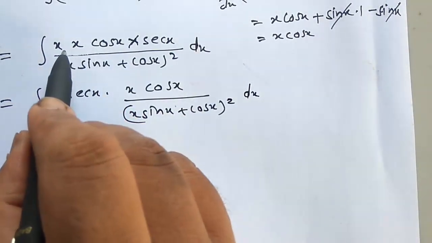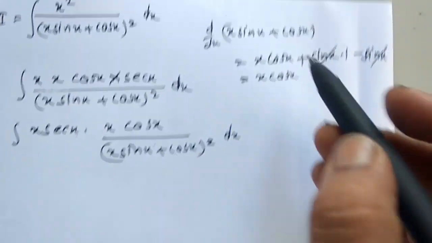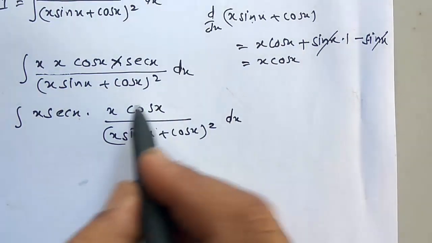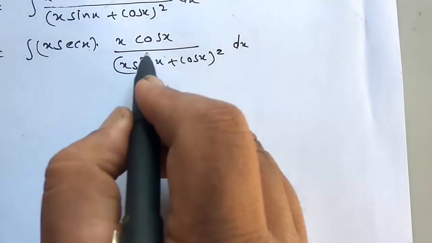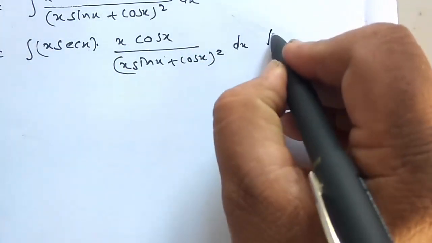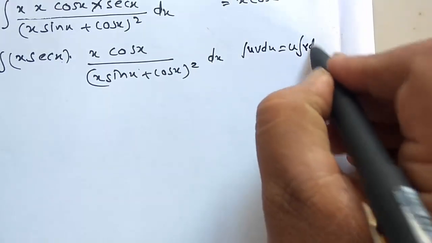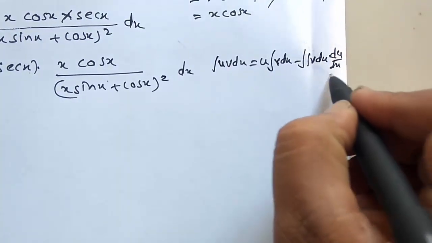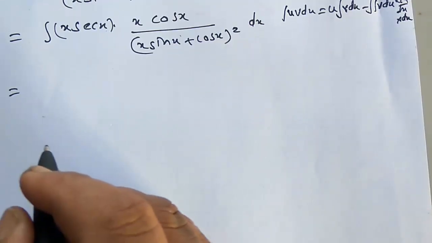We factorize these two terms as x sec x into x cos x, because the derivative of this is x sec x. So if you put this as t, then its derivative is there. So using the substitution method we can find this, but here it is a product of two functions. We apply u into v integration, that is, integration by parts. It becomes u into the integration of v dx minus the integration of the derivative of u with respect to x into the integration of v dx. So using this, I now becomes,